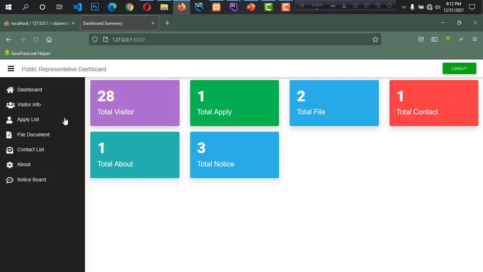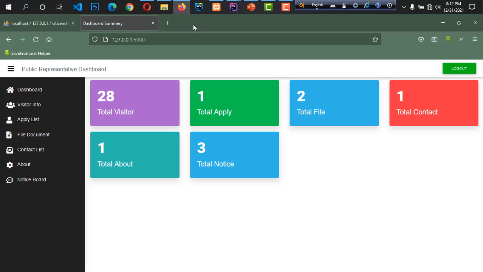There is also an admin. The admin can add public representative, because we know public representative can be changed after 5 years of election. So basically, an admin can add public representative and delete public representative.